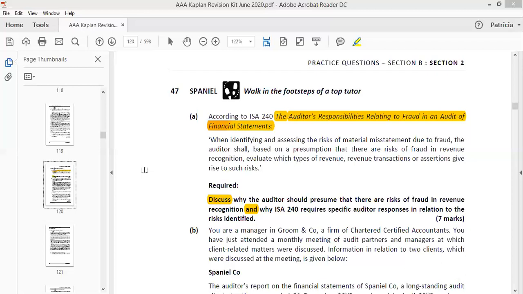So specifically, this question requires us to consider ways in which management can achieve fraud in revenue recognition. So you should give all those reasons as to why the auditor may be able to make fraudulent activities surrounding revenue. So the first instance that we can give from this question, we can say that in